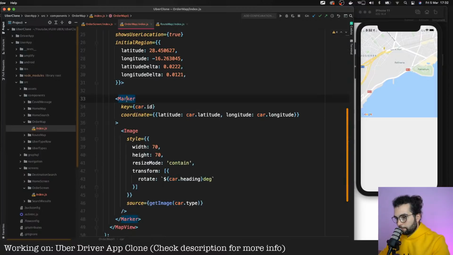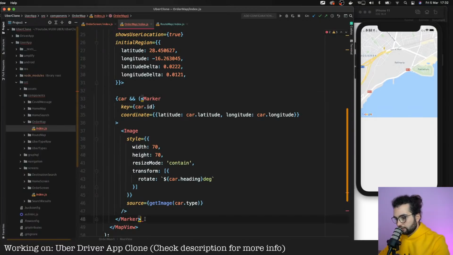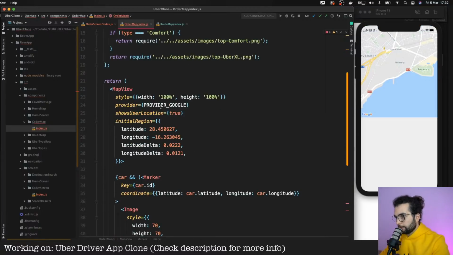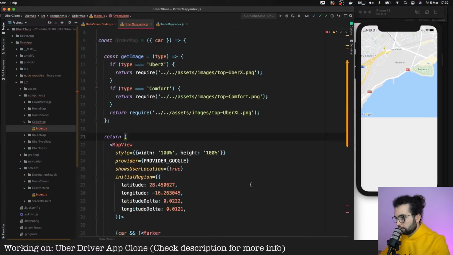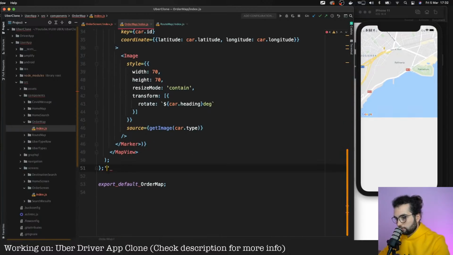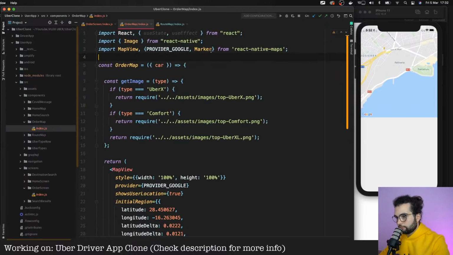So here on the map, we will check if the car is not null. Then we'll render this marker. And yeah, car ID, car latitude, longitude, car heading. Let's save. It shows me that it has some issues. And let's refactor everything that we don't need from here.